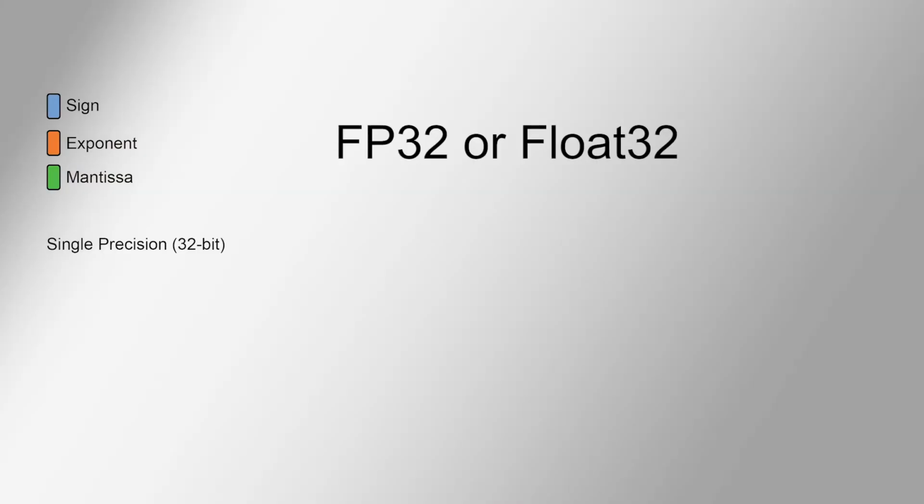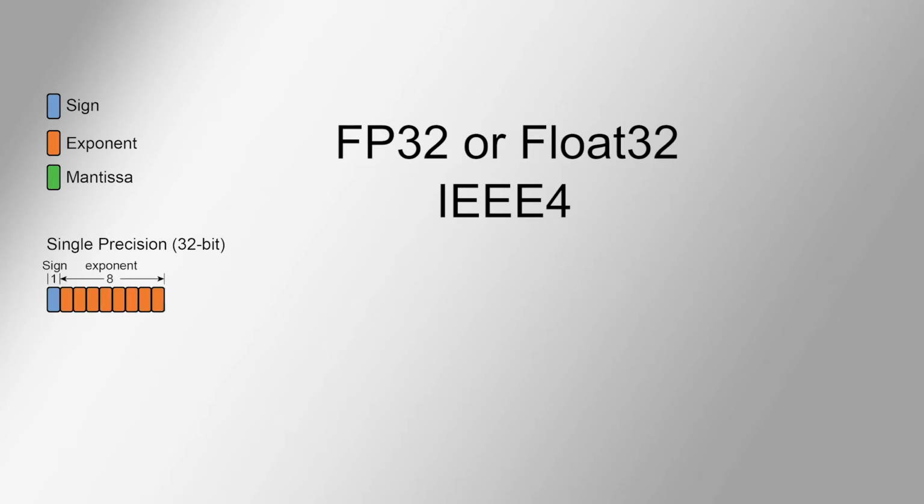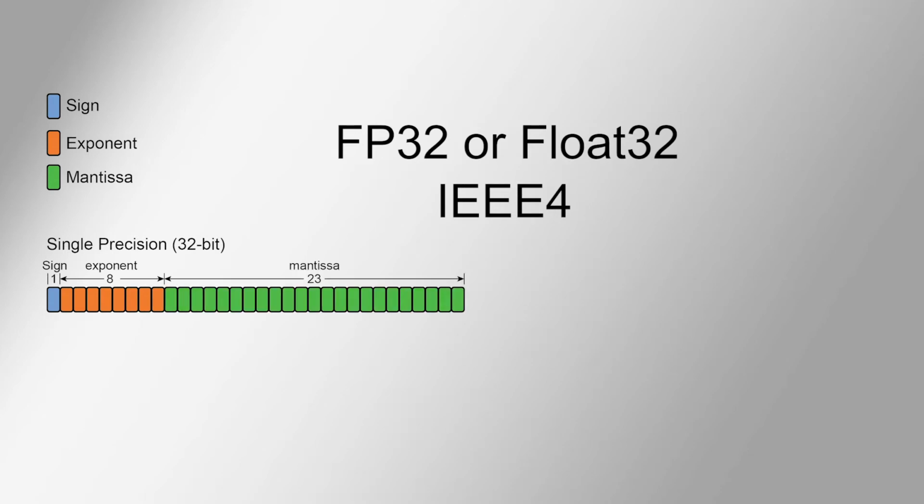To begin, let's look at the difference between single and double precision formats. Single precision, sometimes called FP32 or float32, is a 32-bit variable that conforms to the IEEE 4-byte floating point standard. The first bit sets the sign. The next 8 bits contain the exponent value with a range of -126 to +127. The remaining 23 bits contain the mantissa or fraction. In Campbell Scientific data loggers, the IEEE 4 data type provides 4 bytes of precision with 7 digits.